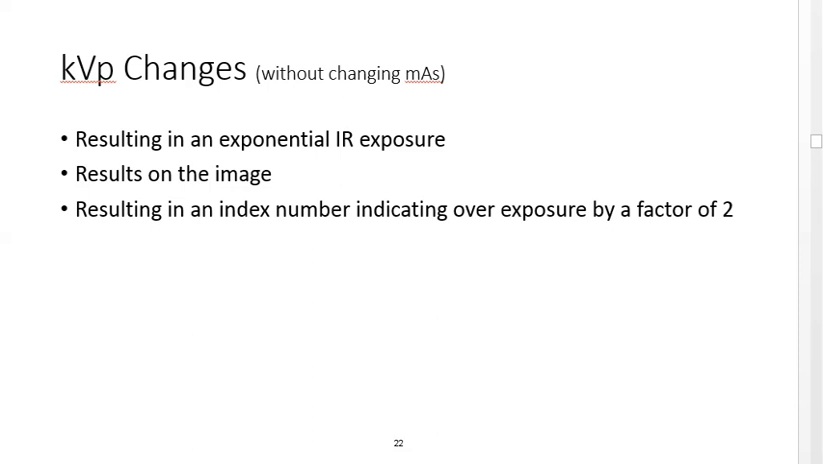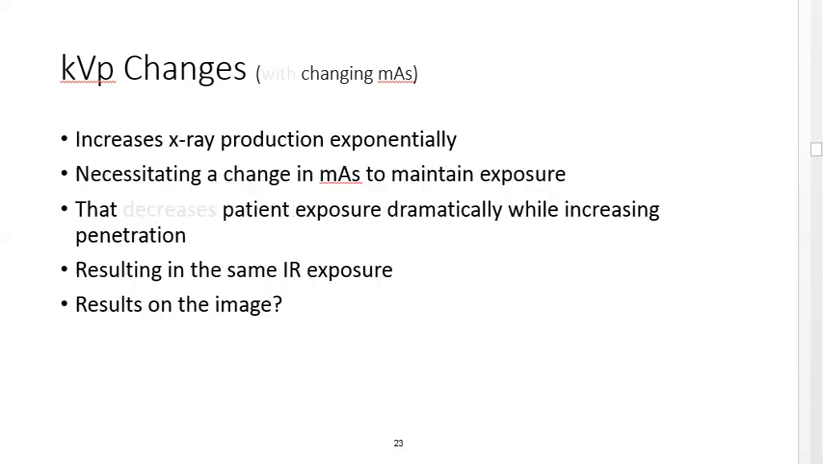Again, we're talking about a 15% change in kVp, and with a 15% change in kVp, you get a doubling of image receptor exposure. So kVp changes with changing mAs increase X-ray production exponentially, and they necessitate a change in mAs to maintain exposure. So if we increase kVp and we reduce mAs,